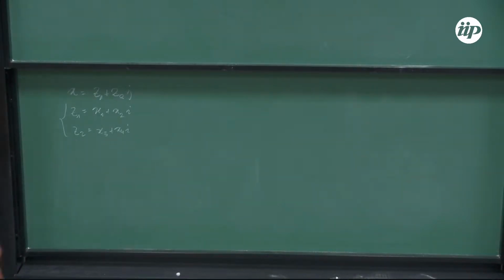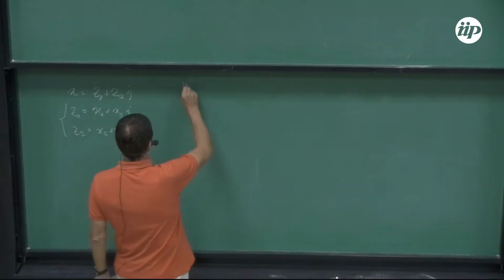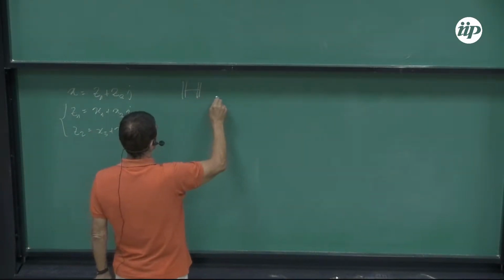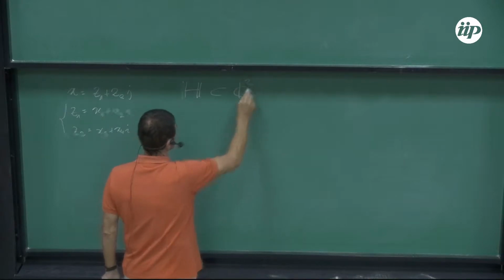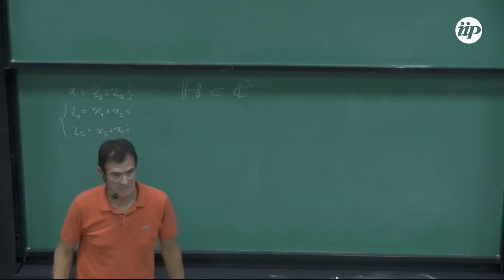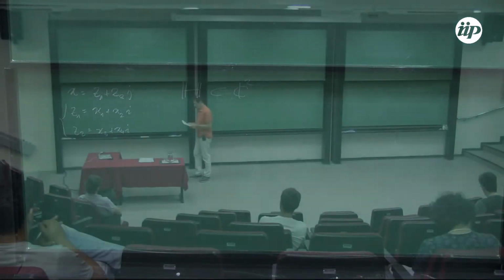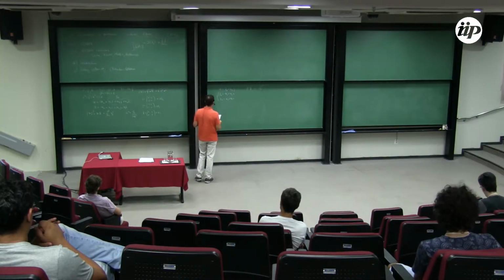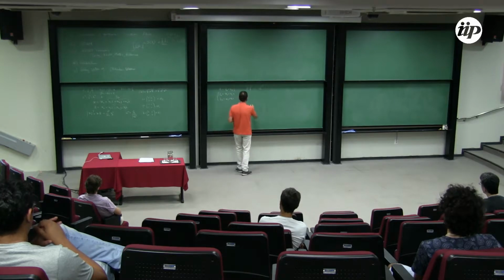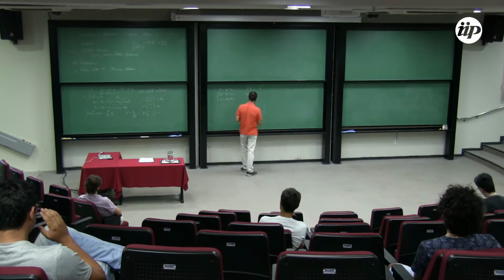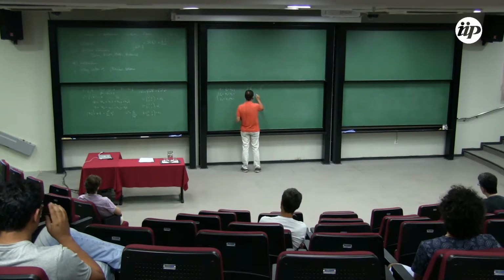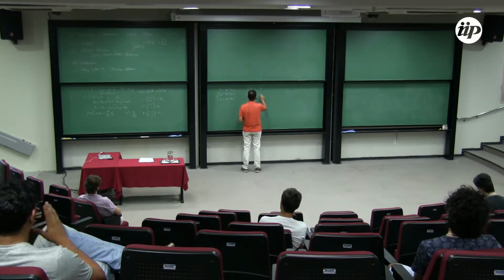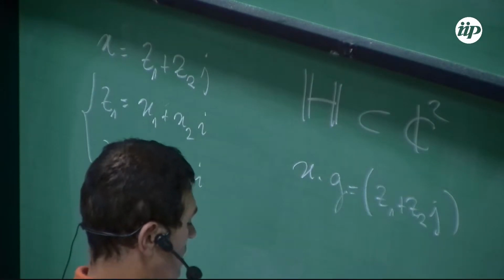Mathematicians like to say that this identifies the quaternionic space, which is this object, with C2. Nothing special about it. One last thing. If we take the product of two such quaternions in this notation, we have Z1 plus Z2 J